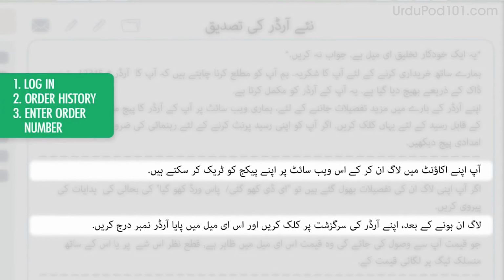The email says that you can track your package on this website by logging into your account, and after logging in, click on your order history and enter the order number found in this email. आप अपने अकाउंट में लॉगिन करके इस वेबसाइट पर अपने पैकेज को ट्रैक कर सकते हैं। लॉगिन होने के बाद अपने ऑर्डर की सरगुज़िश्त पर क्लिक करें और इस ईमेल में पाया ऑर्डर नंबर दर्ज करें।